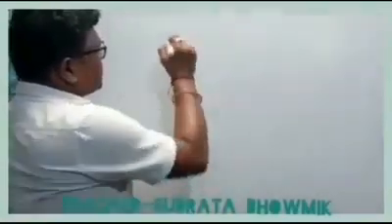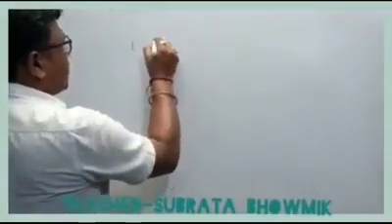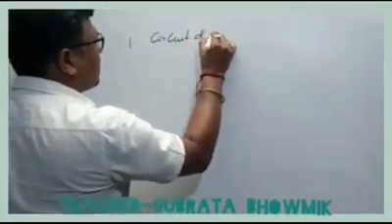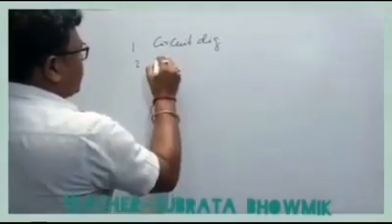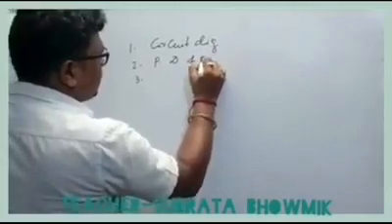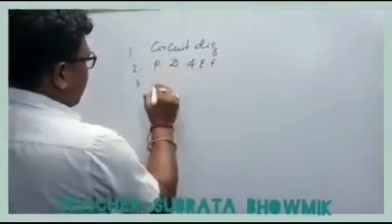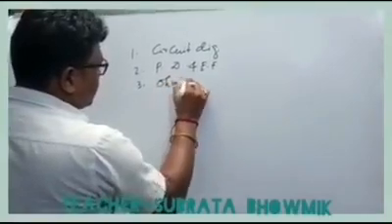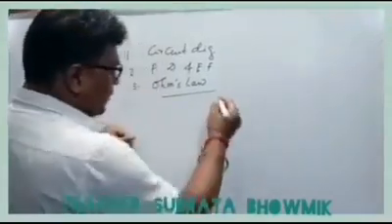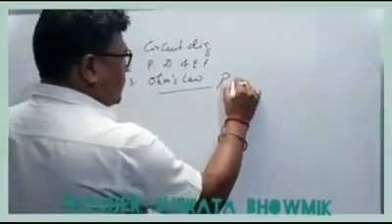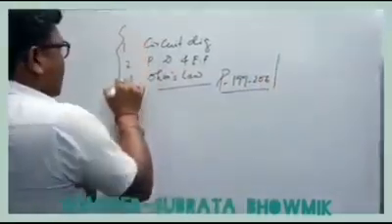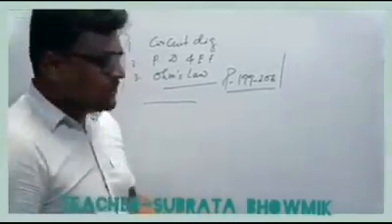So today, up to this much. Today what we learned first was the circuit diagram. Next we learned potential difference, electric field, and finally Ohm's law. You can go through your NCERT books available in your school, from page number 199 to page number 206. You can go through it. The remaining part we will discuss in our next classes.